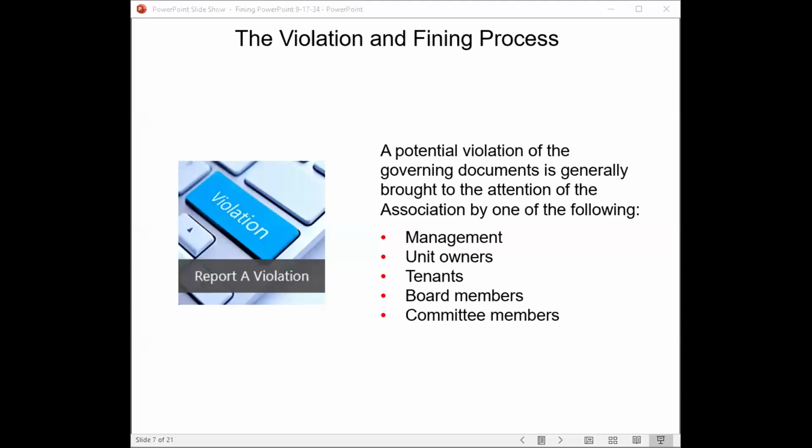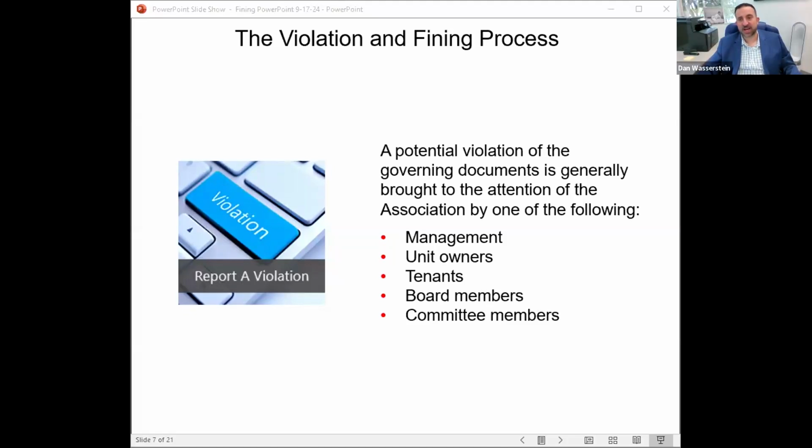And you know what, real quick, we have a few people on here asking, what is Kaufman language? Can you just do that real quick? Yeah, sure. Kaufman was a case in 1979 that said, and I'll spare you the details of it, but basically what it stands for is that if your governing documents don't somewhere have in them a statement that they're subject to the Florida statutes as those statutes are amended from time to time, and that as amended from time to time language, that's the Kaufman language, the magic words.